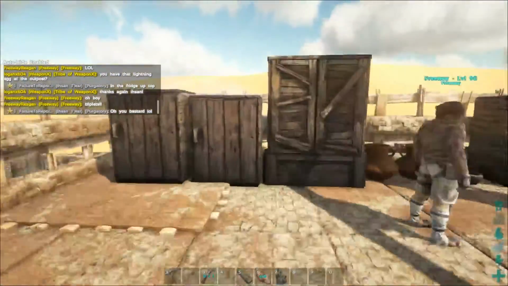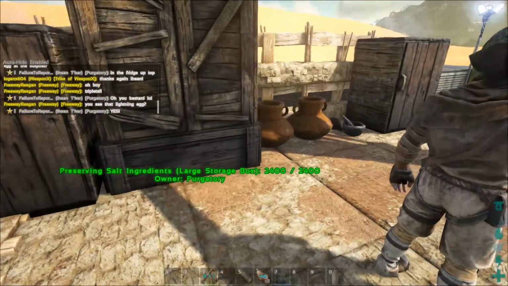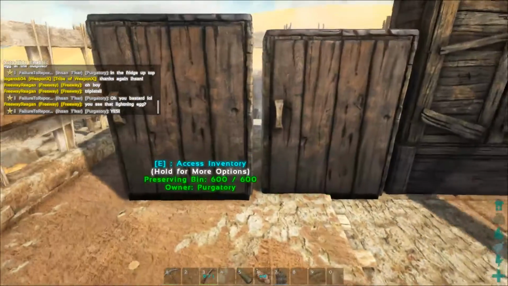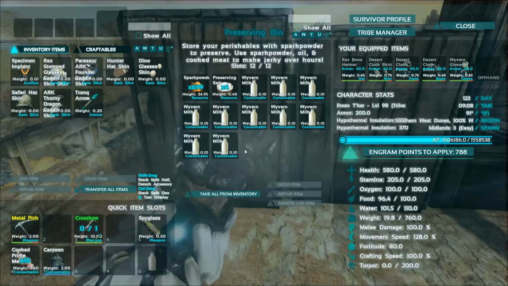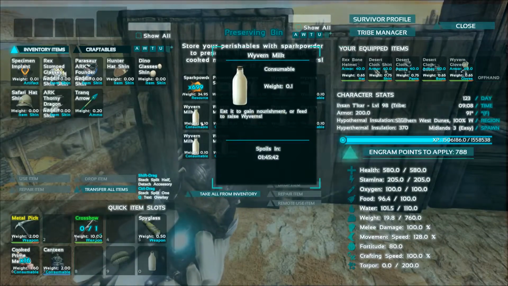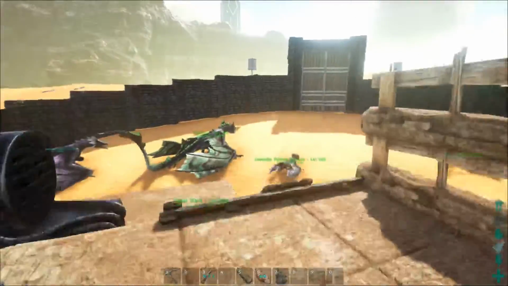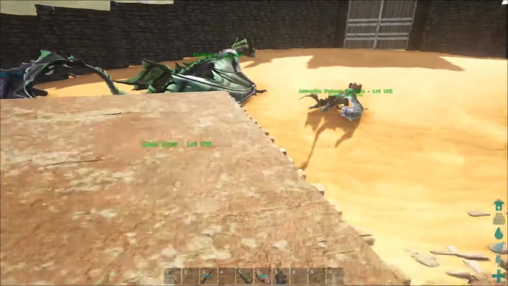So what you want to do is set up everything nearby and easily accessible, all centrally located, so that it's quick. You want to minimize as much loss on the milk as possible. Once you've got your hatchery set up and you've gone off and gotten your egg and you're ready to go out into the big wide world,